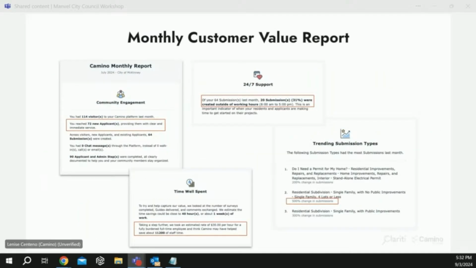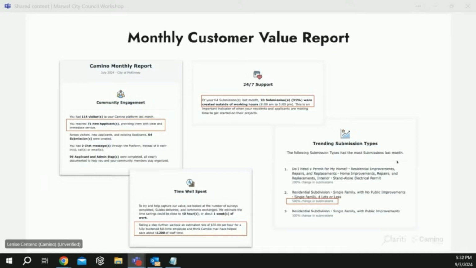And I do want to highlight that once the city does go live with Camino, our customer success team will actually send out what we call monthly CVRs, customer value reports. And these reports provide insights on a number of metrics, including traffic to the platform, time savings, and even development trends.